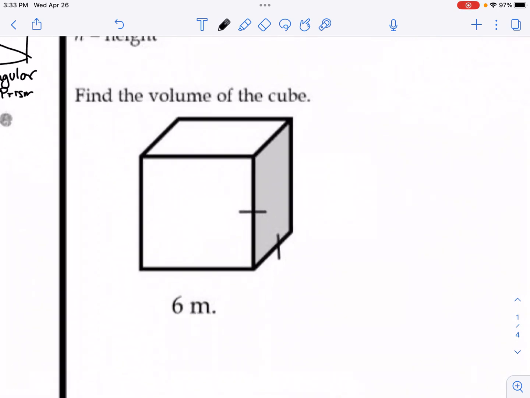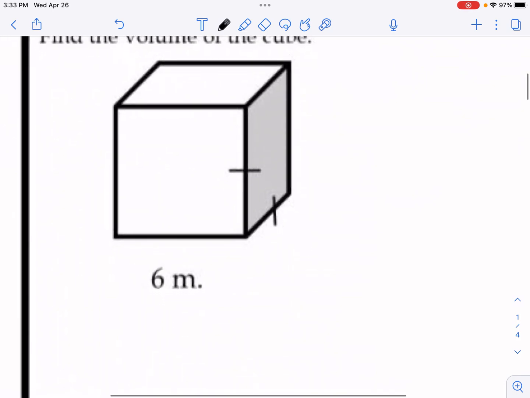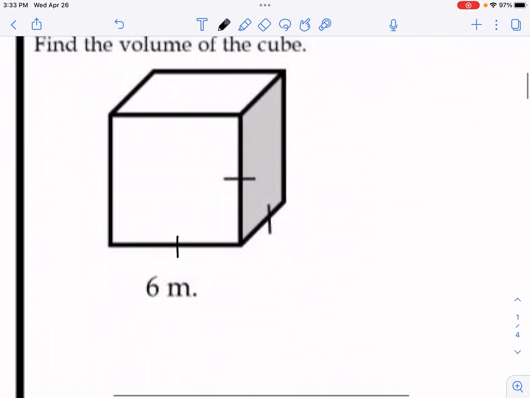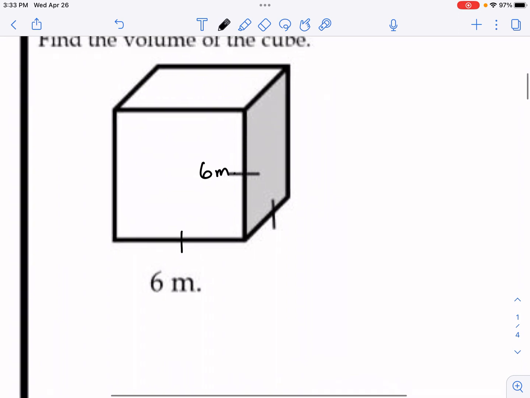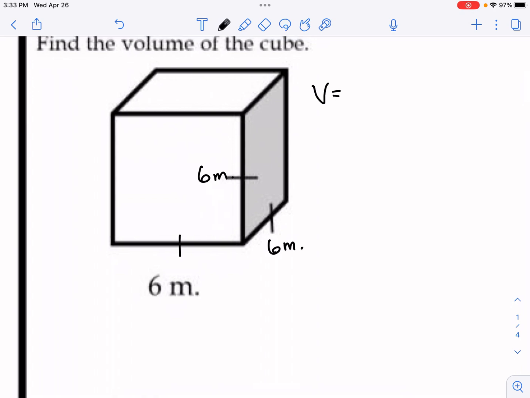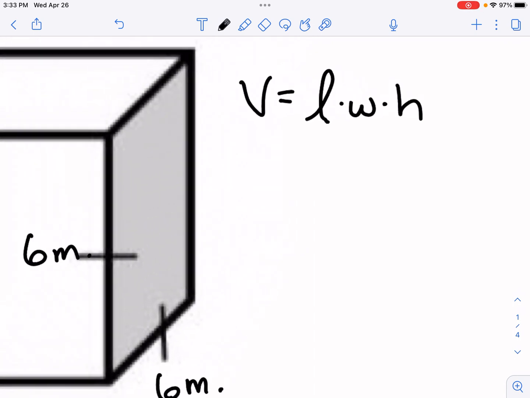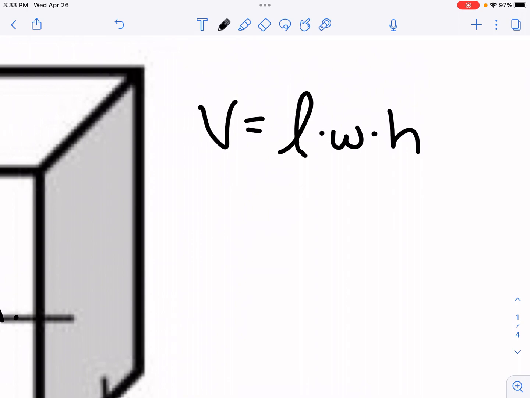A cube is where all sides are equal or congruent. There should be a mark right here. So we're saying that the width of this is 6 meters, the height of this is 6 meters, and maybe the length of this is 6 meters. Okay, so we would put V equal to L times W times H. Normally for my L's, I put like a cursive L so you don't confuse that with a 1. So length times width times height. And we're going to put this as 6M